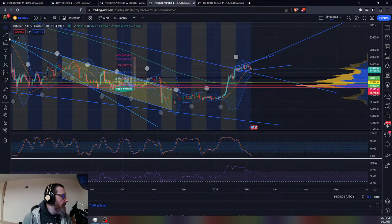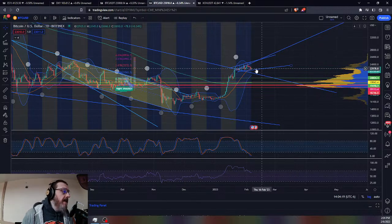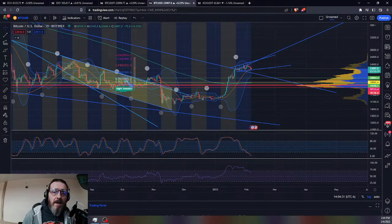And keep in mind as well, if we did swing down there, it would create kind of a cup and handle formation that would be very bullish. If we swung out of that, it would give us a nice move, probably up to about 30,000. So be cognizant of that, folks. Pay attention to this flag. If you're following along on TradingView, make sure that you're drawing that flag and just be aware of support and resistance. Bollinger Bands are a great tool to use for that. So with that in mind,